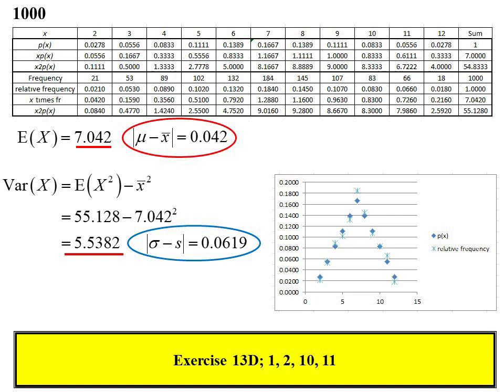And 1,000 times. Did it 1,000 times. 7.042. Getting very close to 7. So it's out by 0.042. And there's my variance. And wow, 1,000 times, and now it's really getting close. And obviously I kept doing more and doing more and doing more. I'd expect that to really start fitting well.